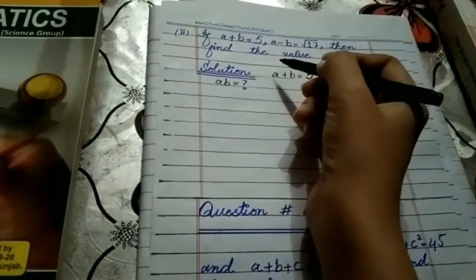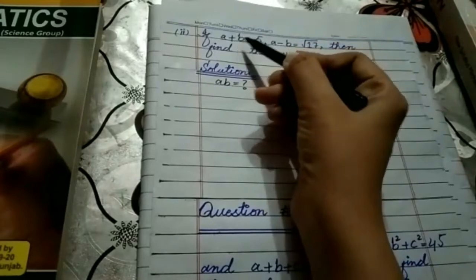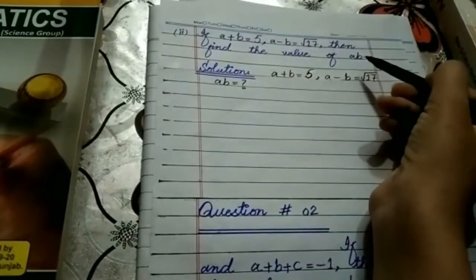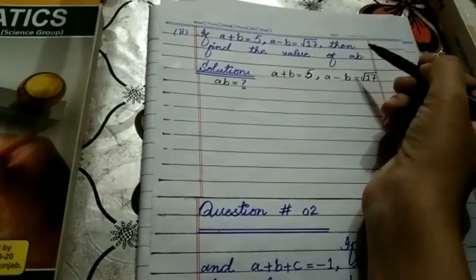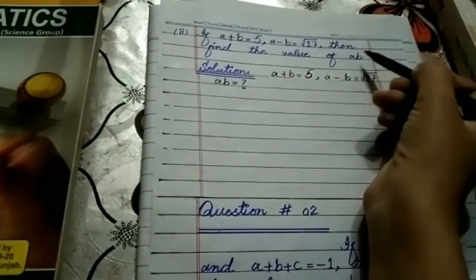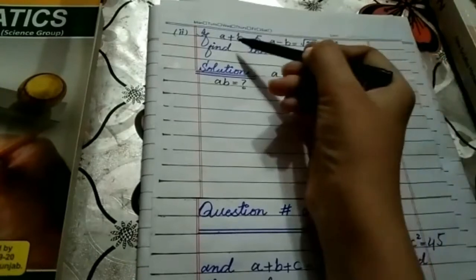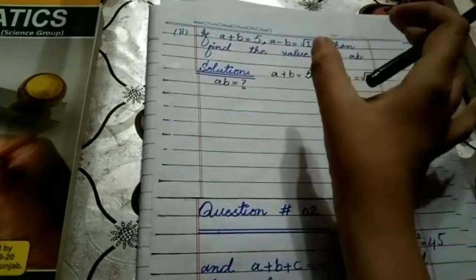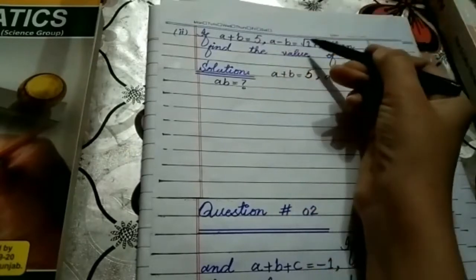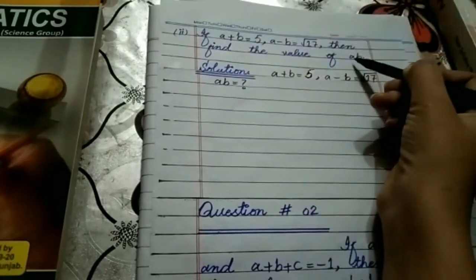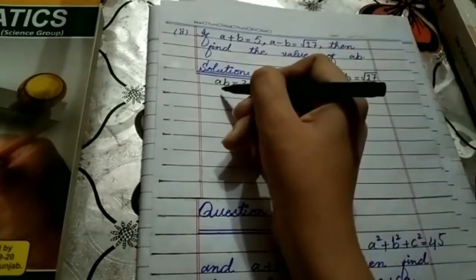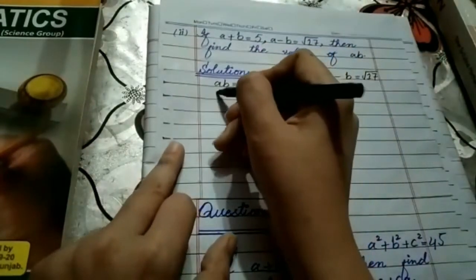Students, we will use that formula in which we can place the values of a plus b, a minus b and ab. Means in that formula we can find the ab value and we can place these values first. We will use the formula in which all these values are covered and our required value ab can be found. So let's come to that formula, that is